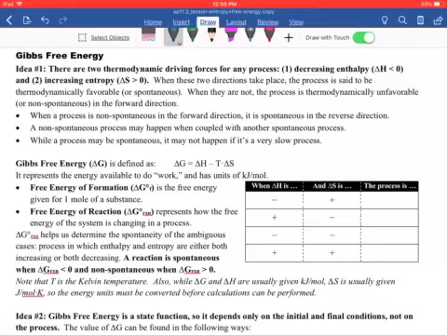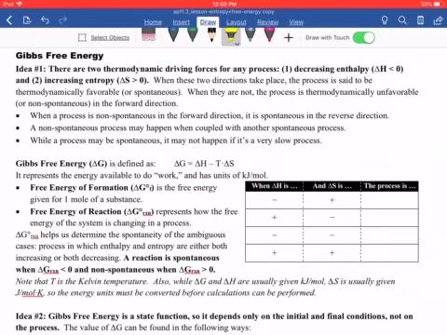All right, let's go over Gibbs free energy and go through example number 3. So there's two main ideas for Gibbs free energy. Remember, Gibbs free energy is delta G. It's just G because Gibbs is the American scientist who studied it. Idea number 1 that's extremely important